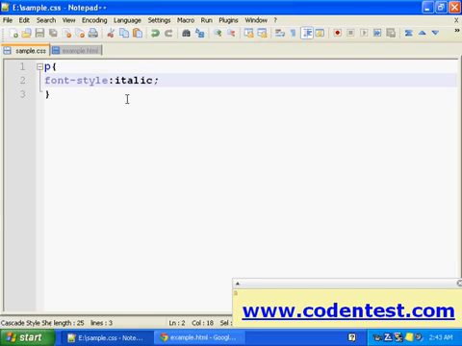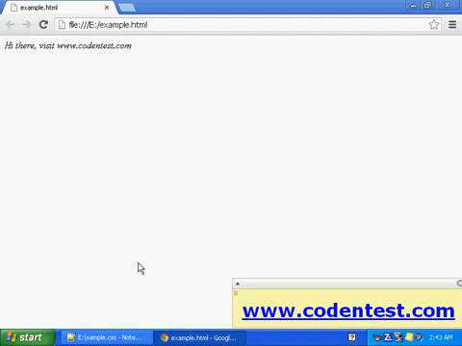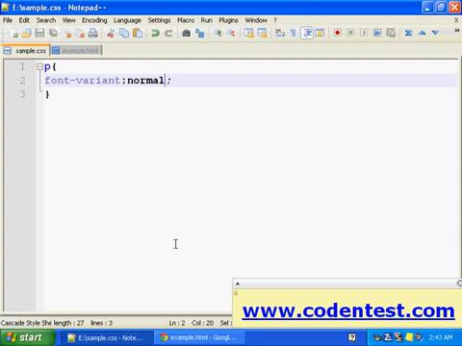And what was the next thing? Font variant. We can set the font variant using the font variant property, and the value could be normal or small-caps.